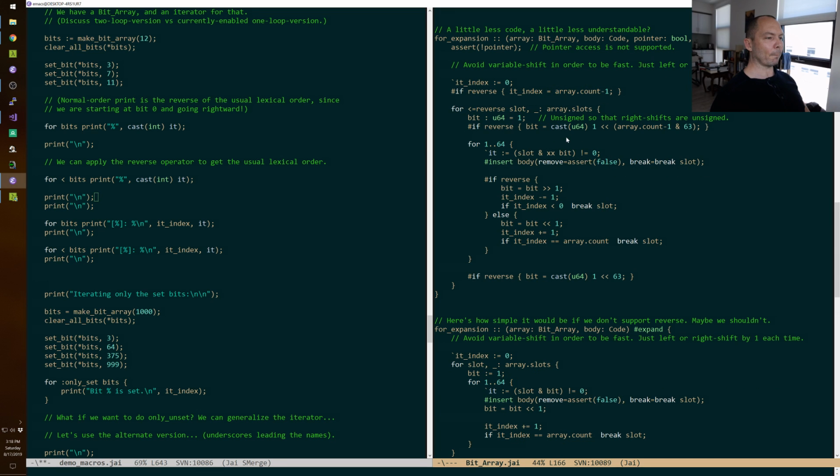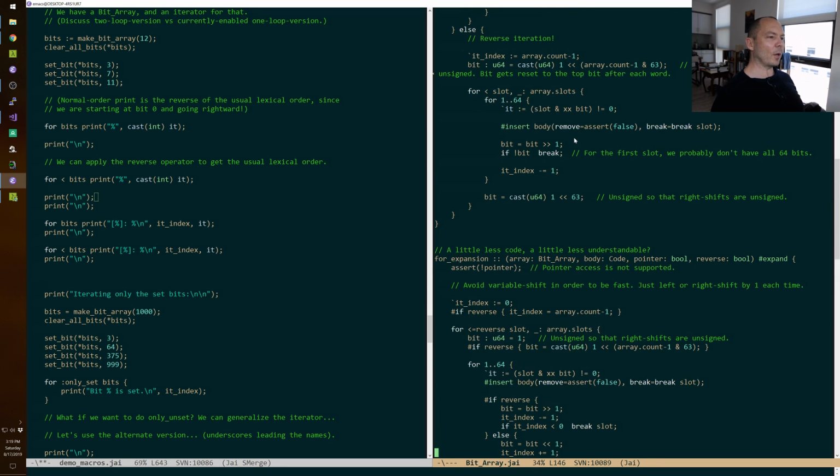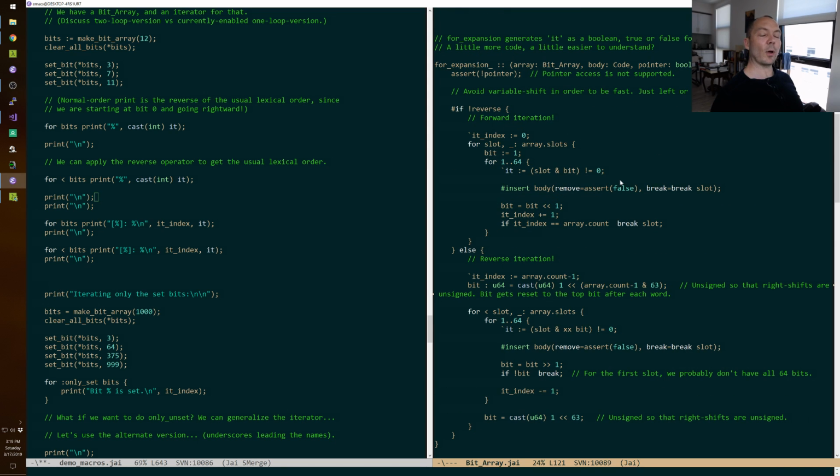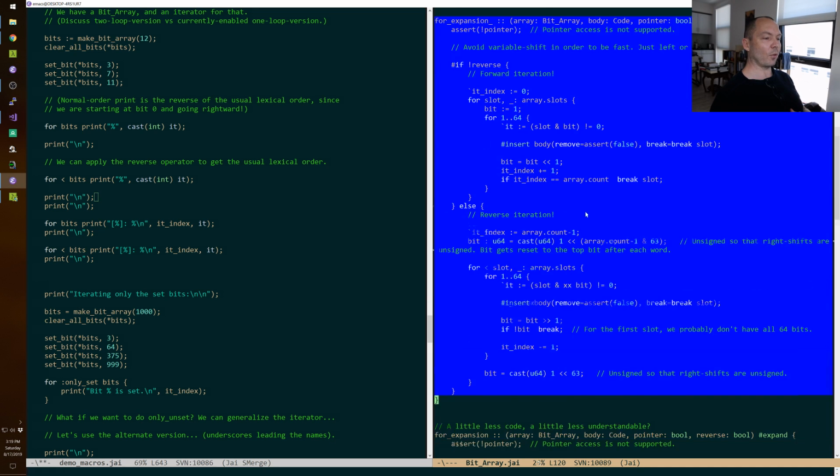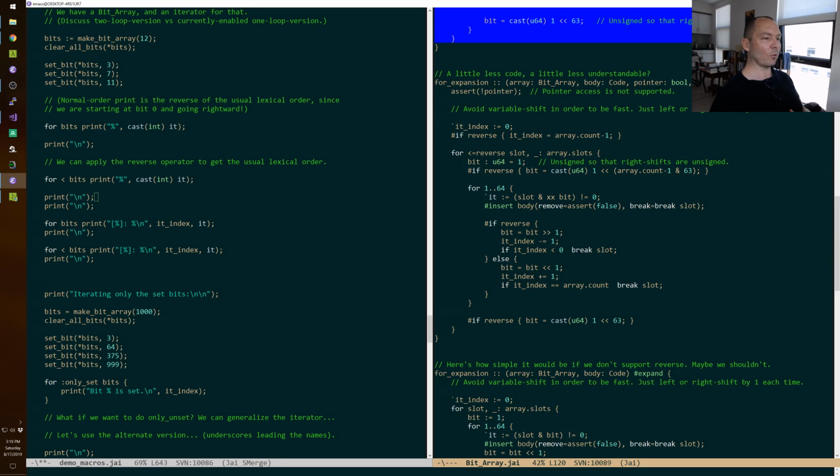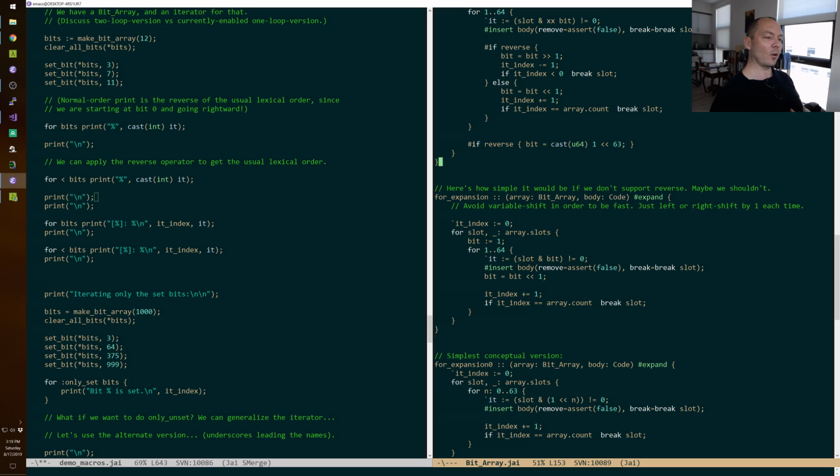But I have this sort of philosophical struggle here about, OK, if I'm implementing this data structure for bit array and I want a lot of people to use it, do I implement the version of the iterator that's capable and understandable? It could reverse or not and is easy to understand. Or do I implement the one that's less code but is a little harder to understand? Or do I just say, screw the reversal. This is just going to be a simple iterator, and we'll just assert if you try to reverse. And I'm leaning toward